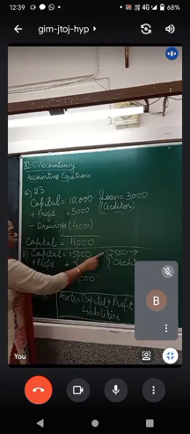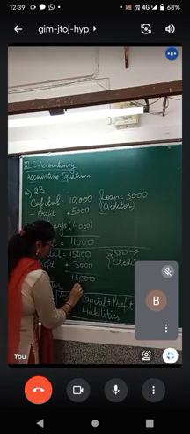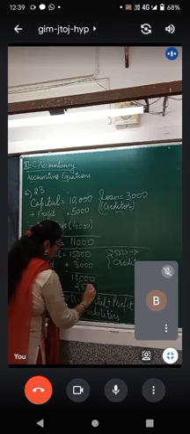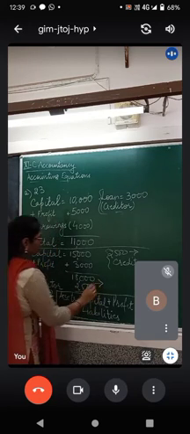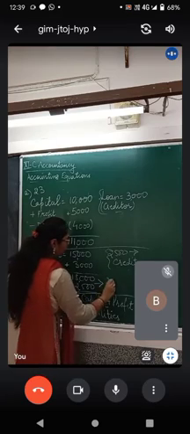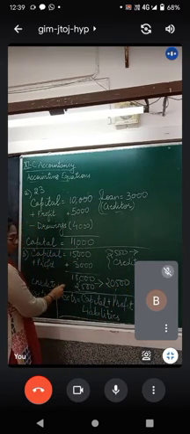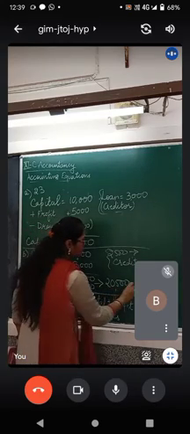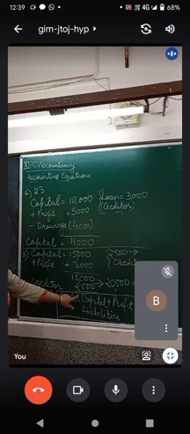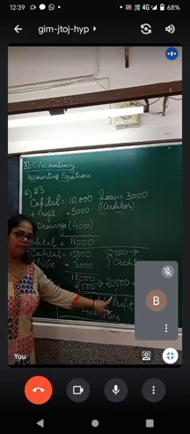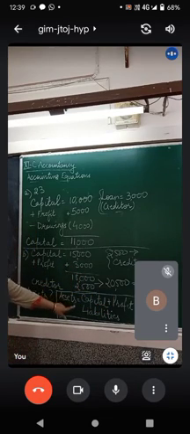So what do you do? You will add this creditor to this amount, 2,500, which gives you a total of 20,500. So this is the total of capital plus liability. That means this is the amount of your assets. Assets is equal to capital. Capital means the amount of capital 15,000 plus profit of rupees 3,000 and creditors also.